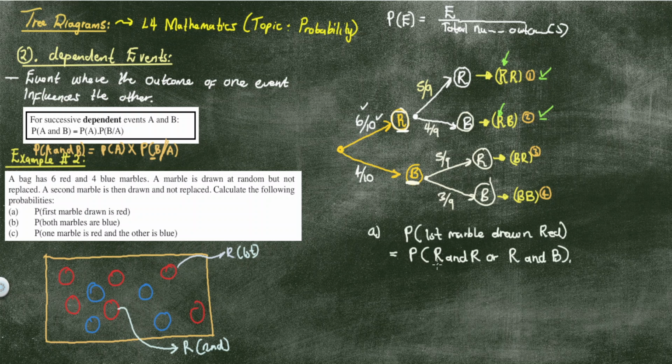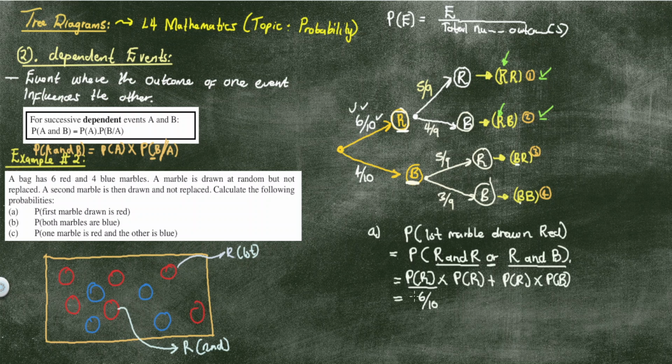So these are the outcomes: red then red, and red then blue. The other ones, 3 and 4, don't fit the description because blue comes first in each event. So let's calculate. It's going to be the probability of red multiplied by the probability of red, plus the probability of R multiplied by the probability of B, is equal to